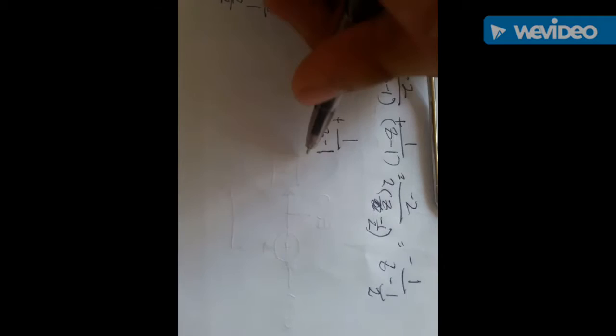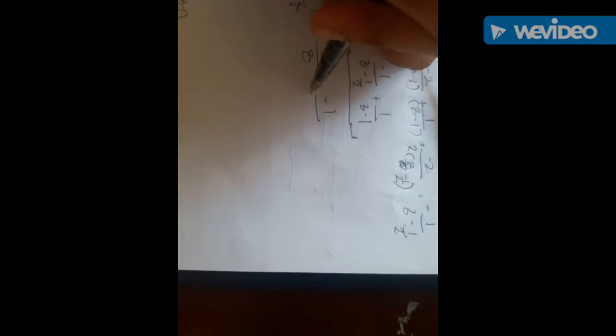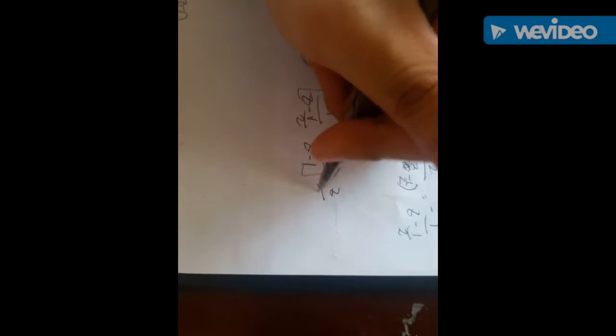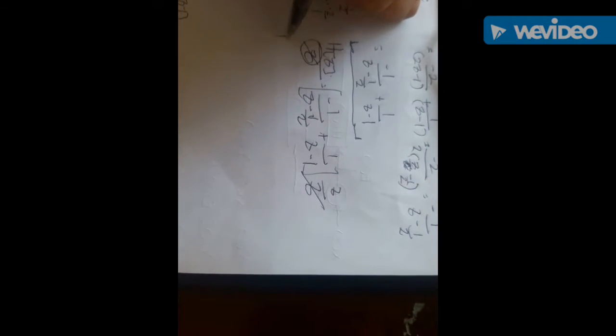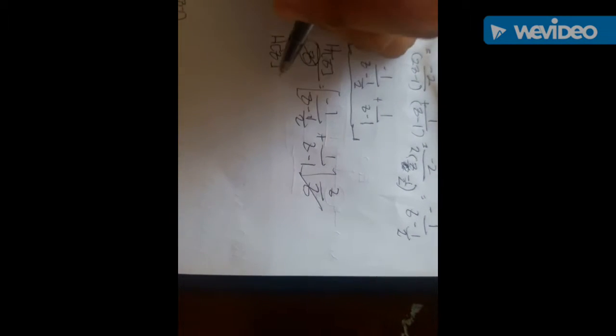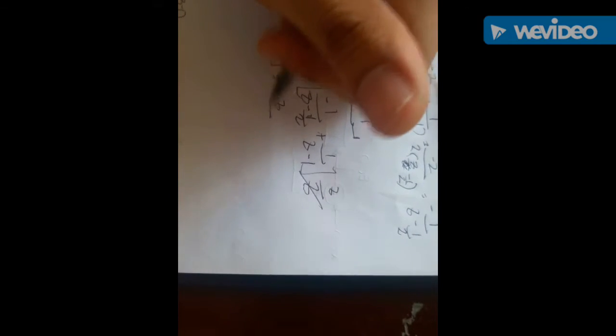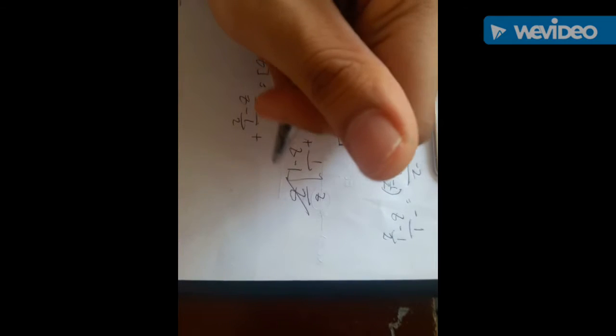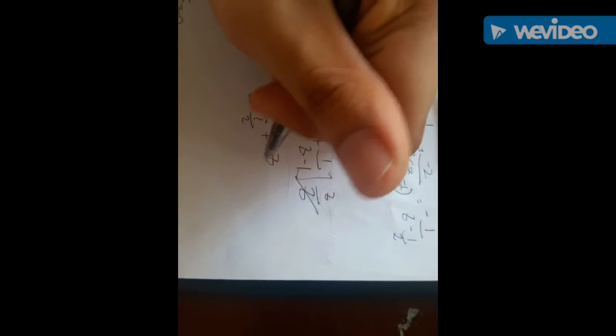And this can be H of z over z minus 1 half plus 1 over z minus 1. So we see we still have a z here. So the best solution is to multiply again z over z to cancel this. Now we have only H of z is equal to negative z minus 1 plus z minus 1, or